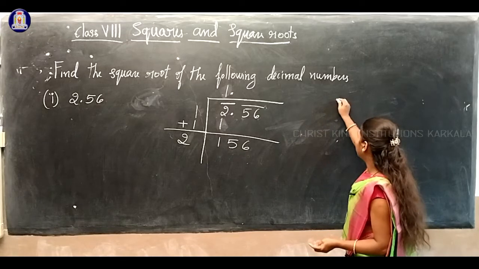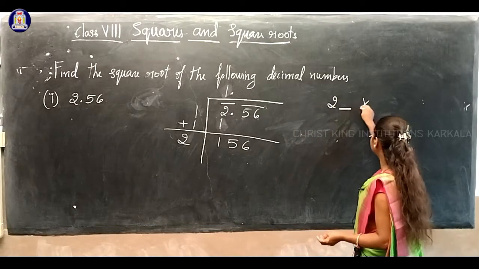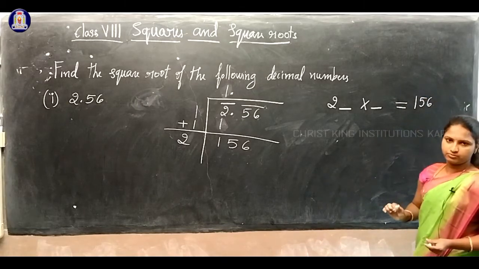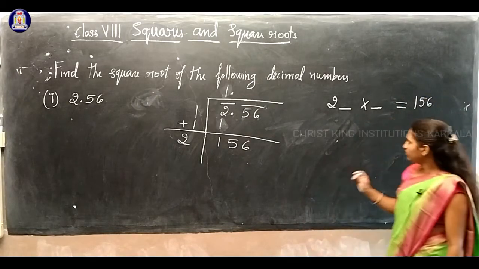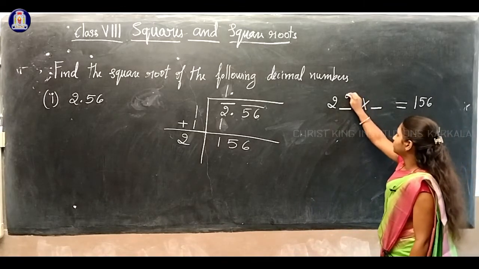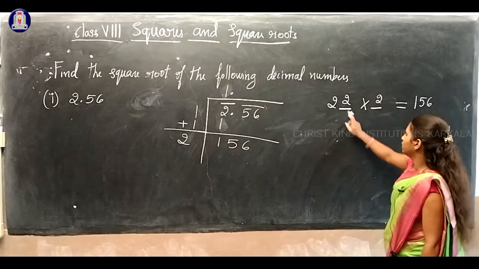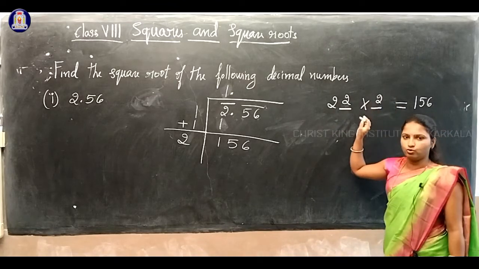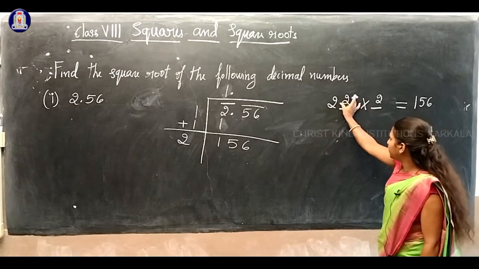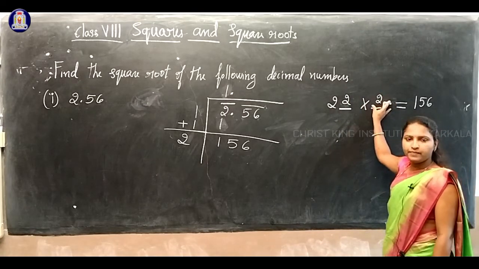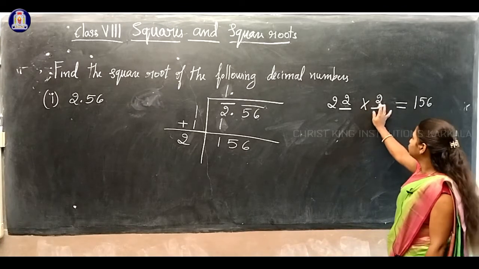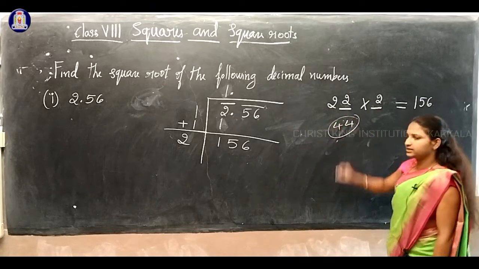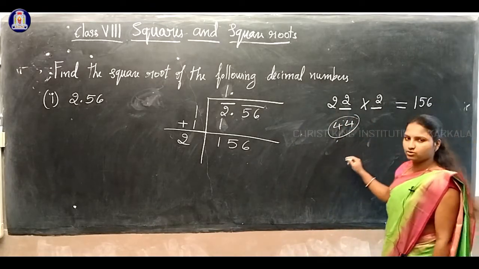Can you get the answer? Now 2 dash into dash, the answer should be 156. If I consider one number, here I'll write 2 and here also 2. If you write 2 here, then the same number should be written in this place also. That is the rule. Clear? So if you write 3 here, you must also write a 3. Now here I consider 2. What happens? 2 2s are 4. It's very small, isn't it? So this is not possible.